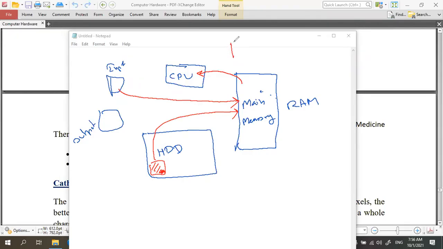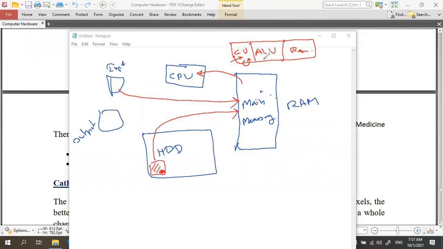In the CPU, there are 3 components. One is the control unit. The other one is the arithmetic and logic unit. Then registers. That's the memory. So the data which are sent to the CPU will be caught by this control unit. That is what we call fetch. Then that will be converted to a digital signal, a signal which can be understood by the arithmetic logic unit, because data and instruction both are there. So that has to be converted to a readable signal for the ALU.